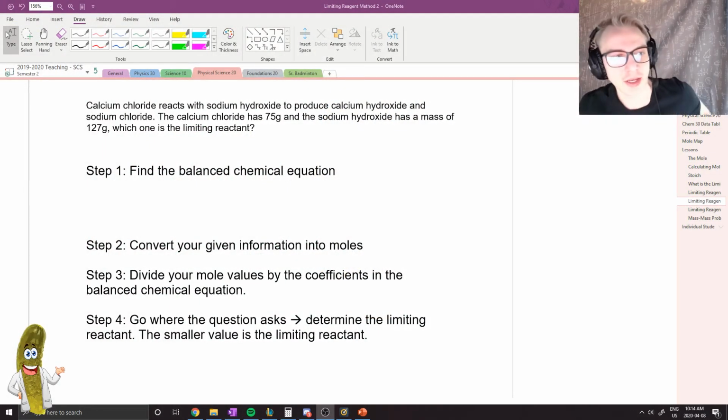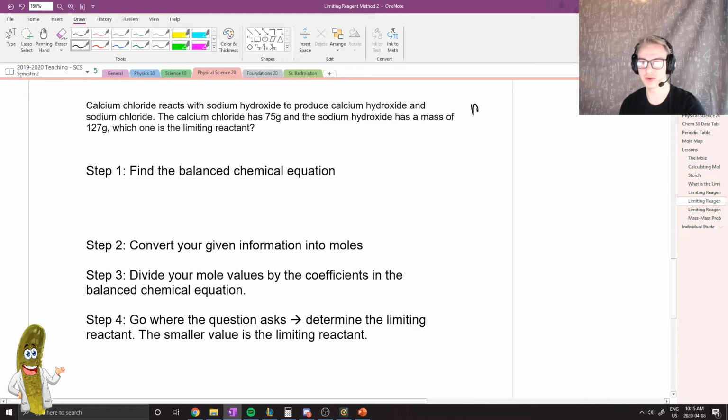Hey everybody. So we're going to go through method 2 of how to find the limiting reagent. We're going to do a slightly different example, but with fairly similar compounds. This method was one of the ones that I used to use when I was in high school, just converting. I found it easier to convert this way. Basically the idea of method 2